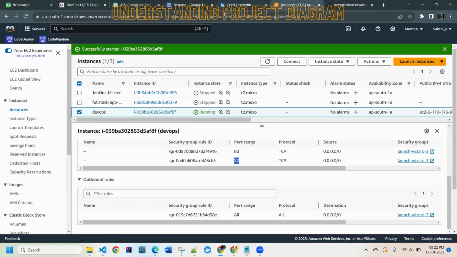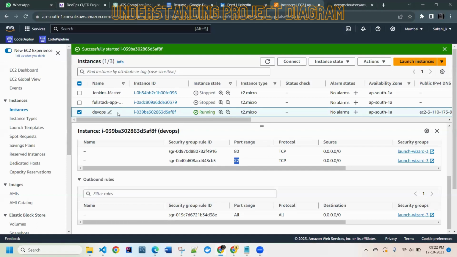Who will access the SSH port? Yesterday I explained. Who will access the SSH port? Can any user access it? Answer me, guys. Anyone? No. No user will access this. Who will access? The DevOps engineer will do that. Okay, fine. So now this is for the customer. This is for the user.